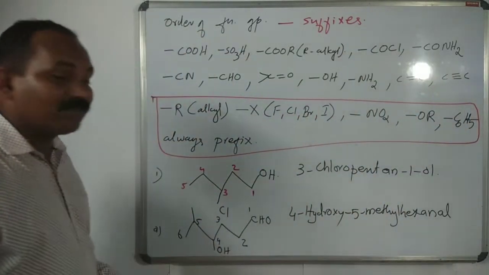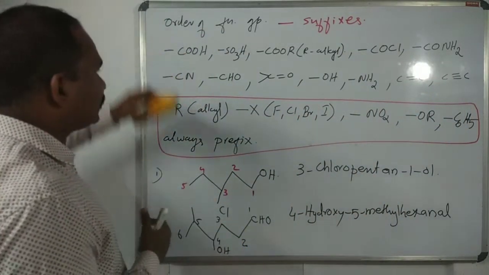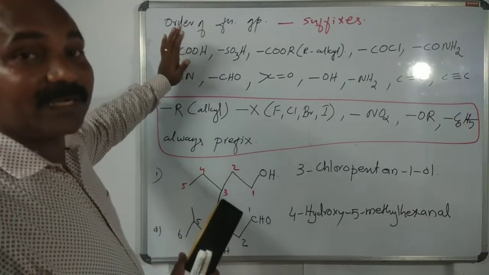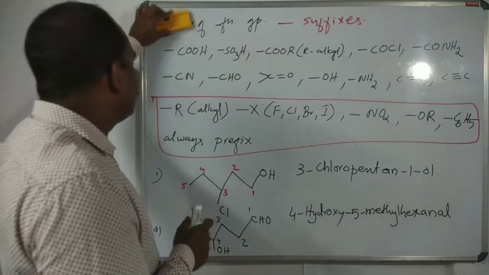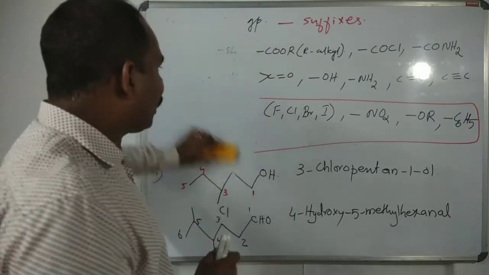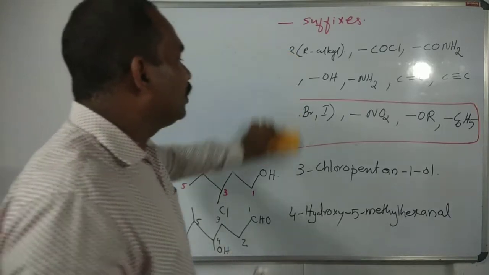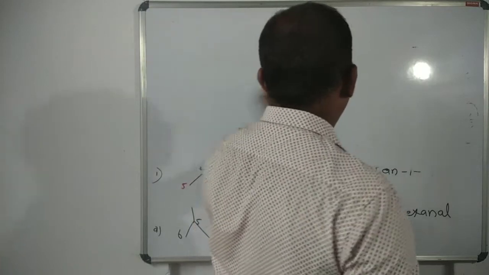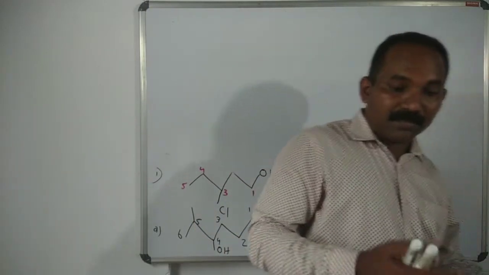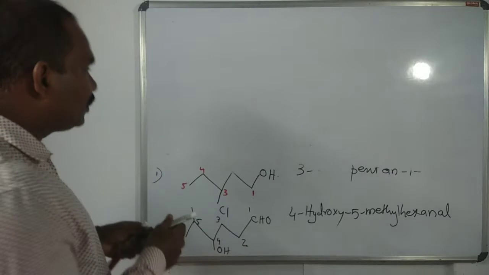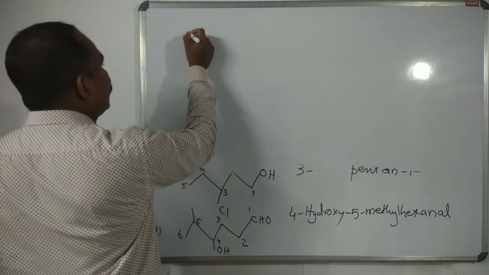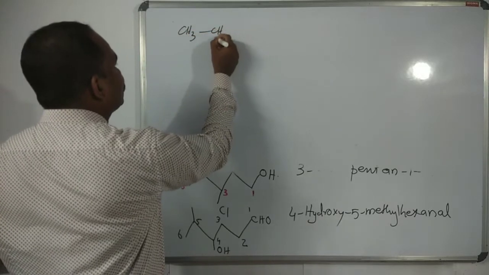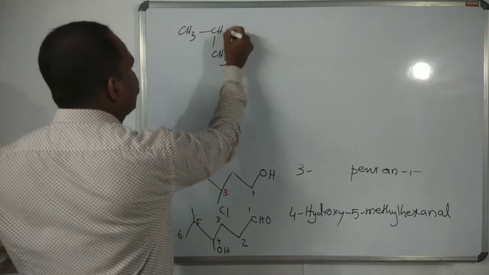That's about the group containing polyfunctional groups. One more example. Remember that you keep this order in your mind. It is given in the textbook. You memorize it always. It is at your fingertips, and you can write the name very fast. Okay, another example for polyfunctional groups. One example I have written as a condensed formula: